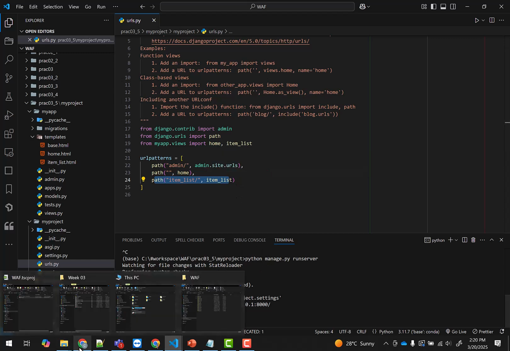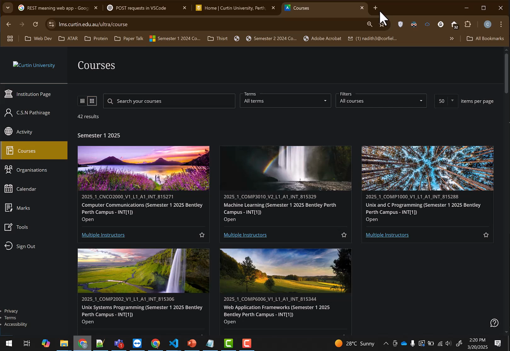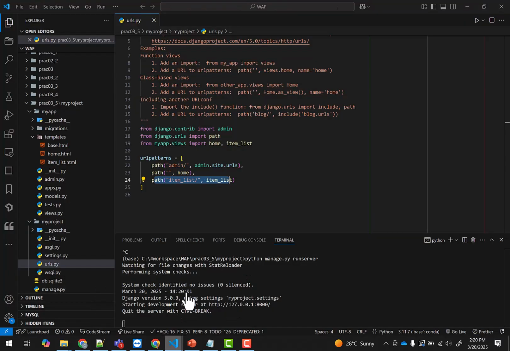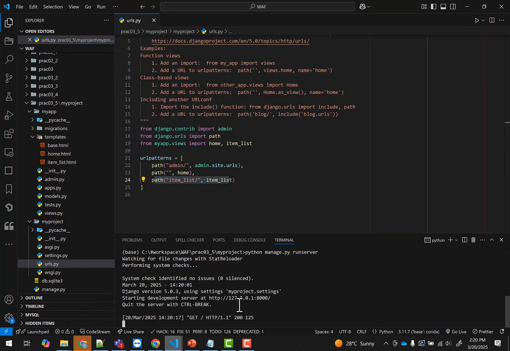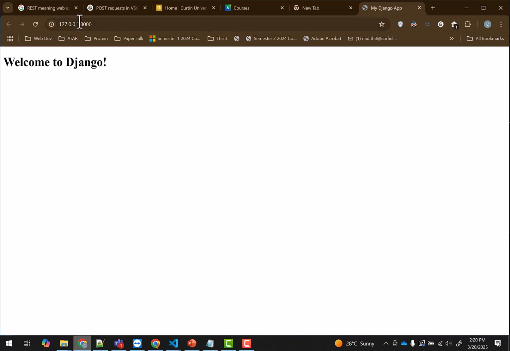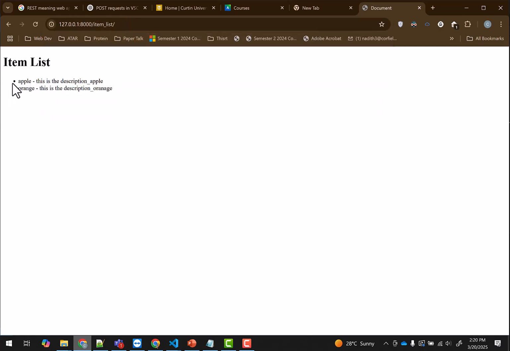Okay, so if you go to your browser, here you go. That's my home page, and if you say item underscore list, that's going to give you the items. This is from the database. Okay, right. And then we did base.html, we did extend from base.html, and then yeah, so you don't need base.html